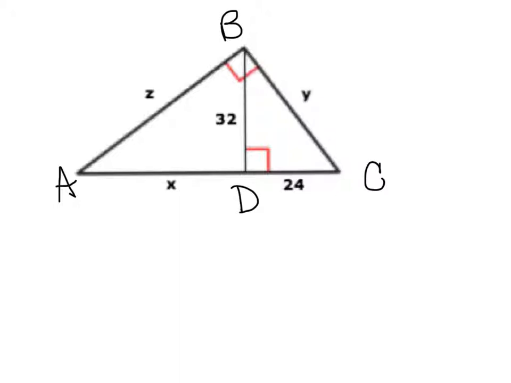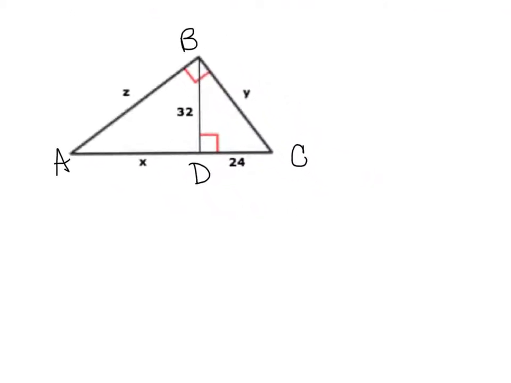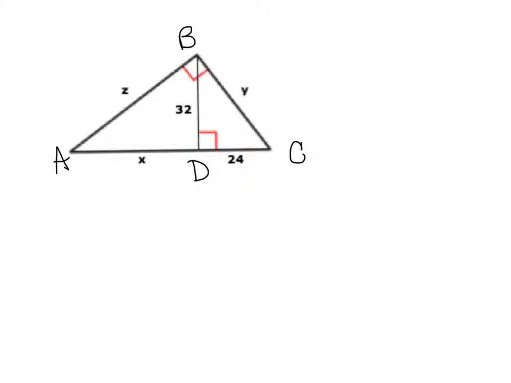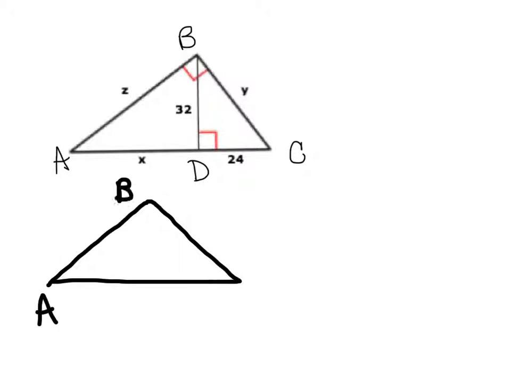Just like I talked about before, triangles are similar because they have 2 angles that are congruent. So I want to first start off by drawing triangle A, B, C, the large one. And I want to mark the right angle. I'm going to mark side Z, and I'm going to mark side Y. And then I can mark side AC. It doesn't have a whole thing, but I know part of it is x and the other part is 24,